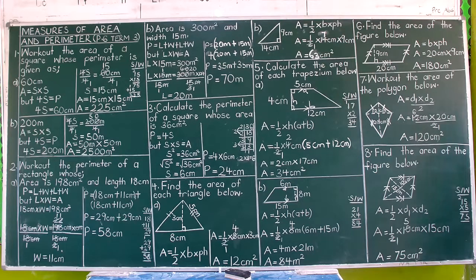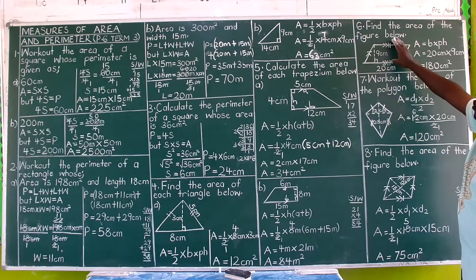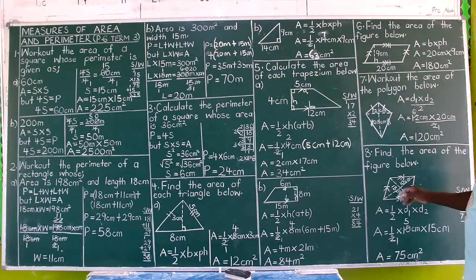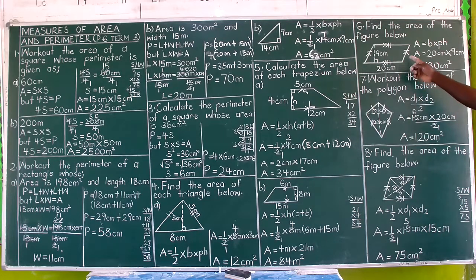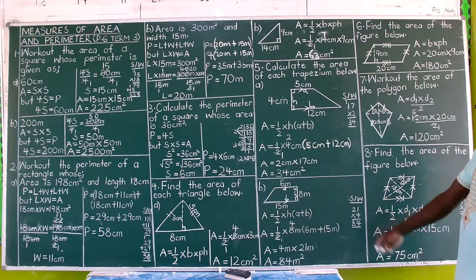Then finally, like I said before, this is called a rhombus. You are asked to find the area of this rhombus. A rhombus is like a parallelogram, only that it has got all sides equal. So for this one, it has got only two opposite sides equal, like a rectangle. This one has got all sides equal, like a square. So it's like a pushed square. The other one is like a pushed rectangle. So this is called a rhombus.